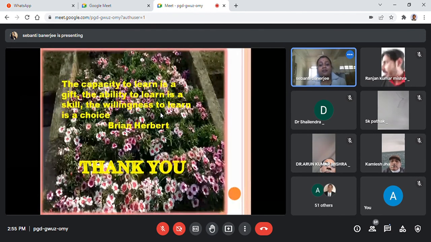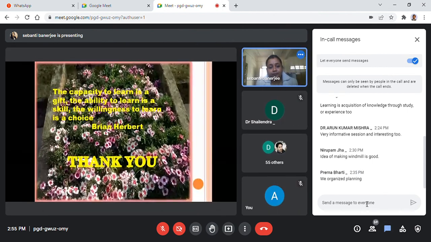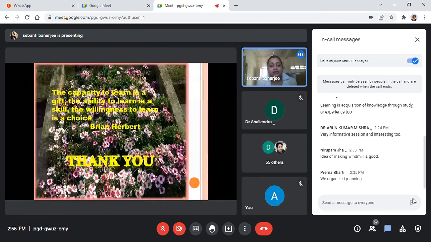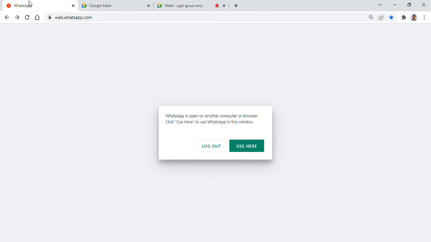So we have come to the end of this presentation. With this beautiful quotation, I'm ending my session. The capacity to learn is a gift. The ability to learn is a skill, but the willingness to learn is a choice. So we always have to keep the willingness of learning, because